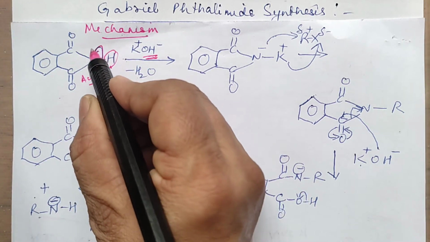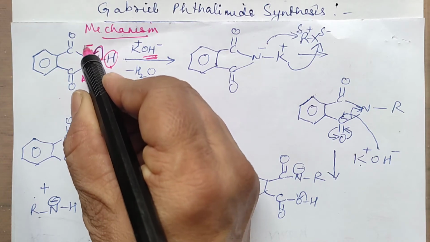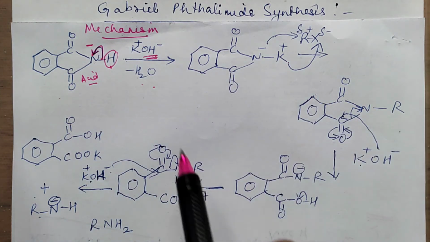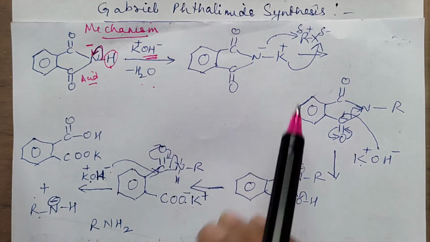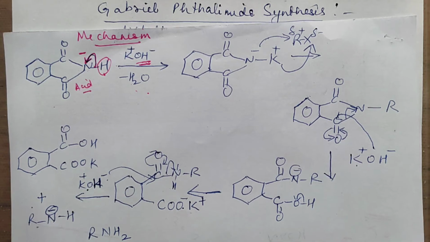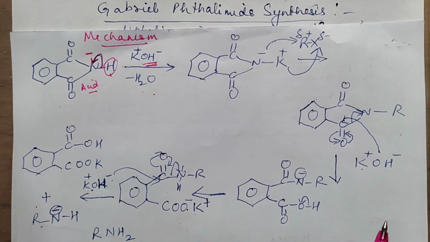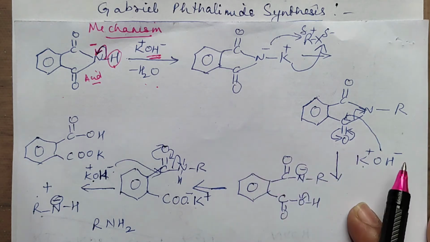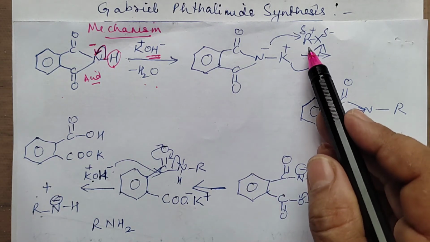Right? So this N was minus, so this N minus and K plus will together, now K plus will form a bond with this N. You get the potassium, so potassium getting attached to nitrogen. Okay. So then what happens is, the product which is obtained here is now again made to react with alkyl